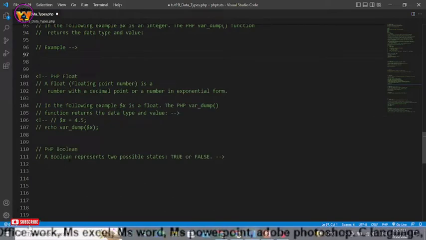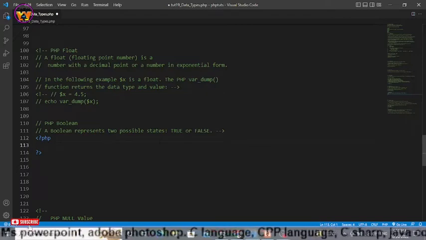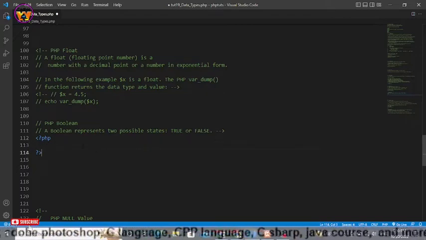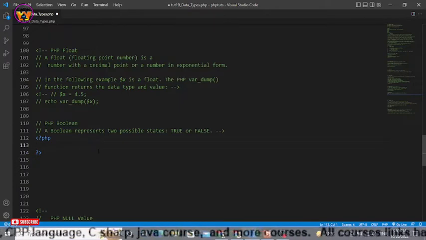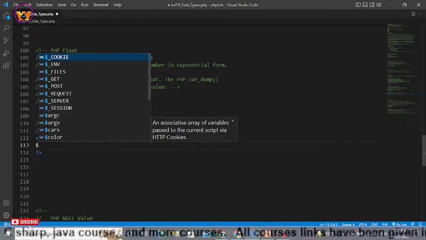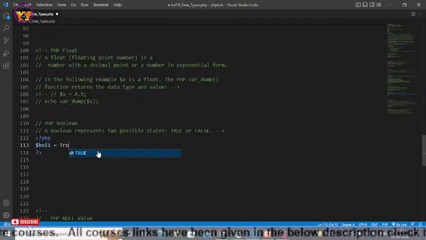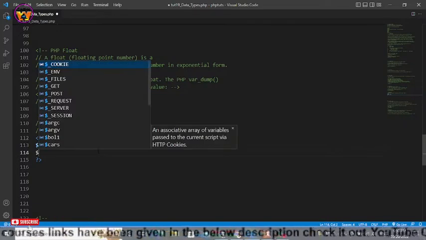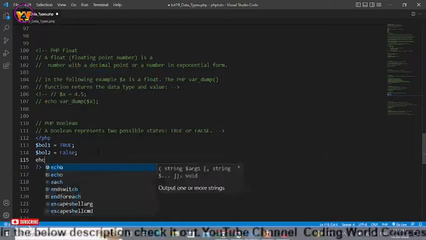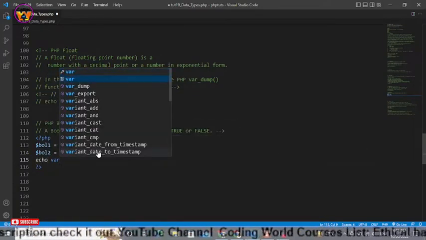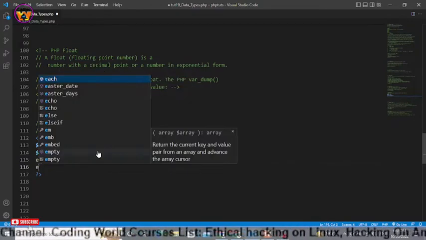Now let's discuss Boolean type. Okay, so paste it. Boolean represents two possible states. One will be true, the other will be false. Now this is a very important data type. Whenever you create games, then you will use Boolean type variables. Okay, and I will be doing here that I have bool1, and it will store the true value, and let's say I have bool2, and it will store the false value. So I'll say echo var_dump, in which I'll pass the first bool, and in the other one